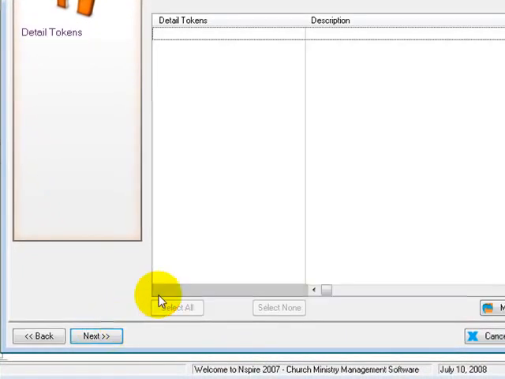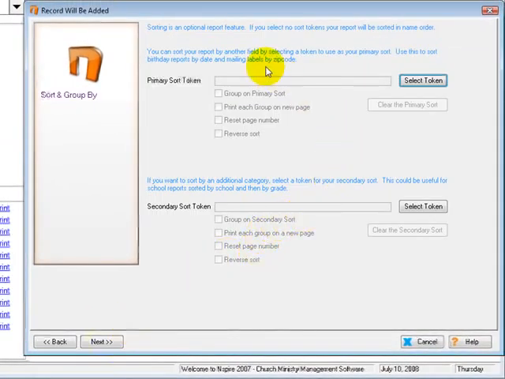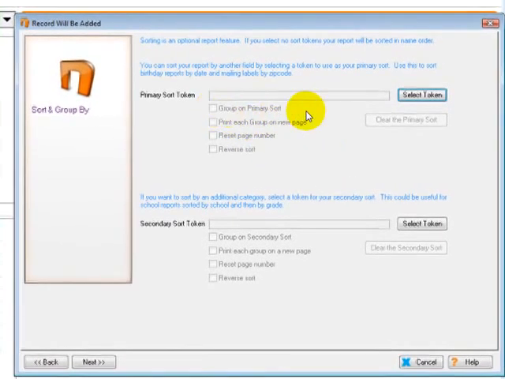So now that we have this created, this looks pretty good to me. I will click Next, and I'm not going to put in any detailed tokens, but if I wanted to, this would be where those would be inserted. And we'll click Next again. Now I have two different options here. I can sort this report if I'd like to. If I wanted to do a sort, I would select the token that I want to do the sort on,